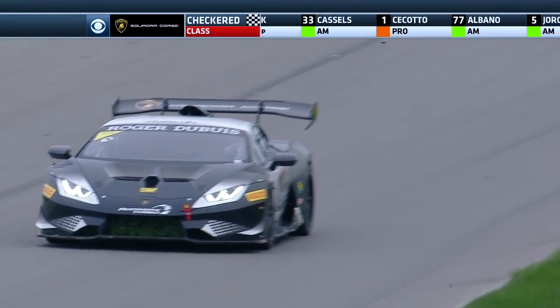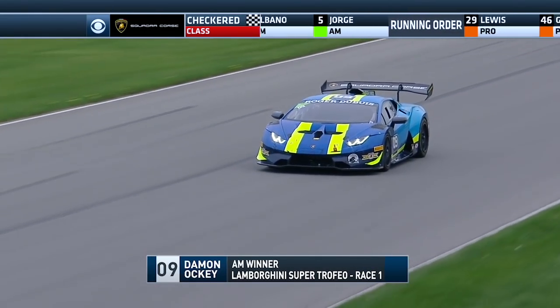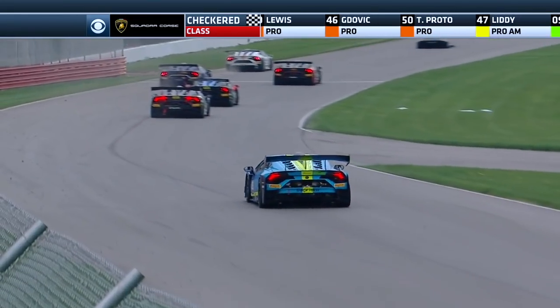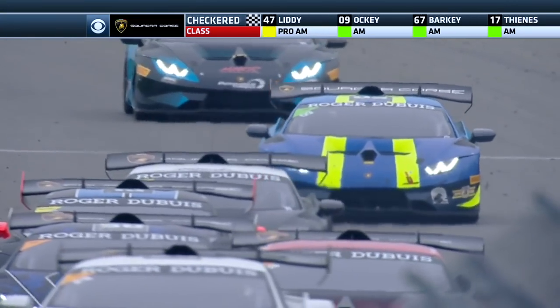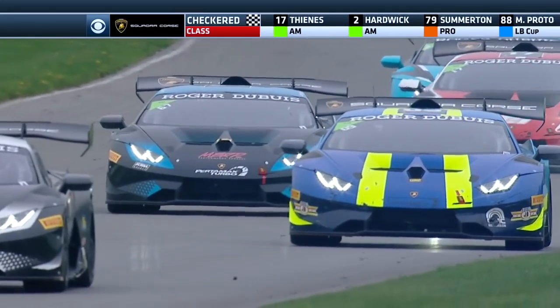And what about third, the 50 car? That was Eduardo Piscopo, who kept the US RaceTronics Beverly Hills Lamborghini in the hunt all the way through, and Taylor Proto right there at the end will take the third step of the podium. In Pro-Am, it's the 47